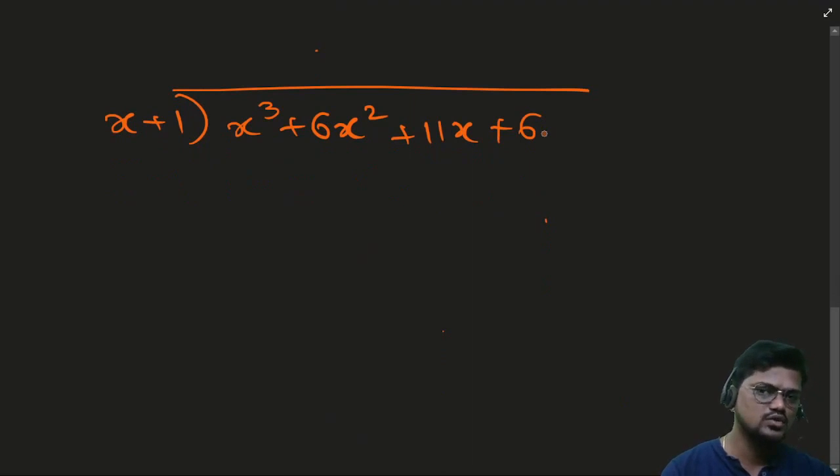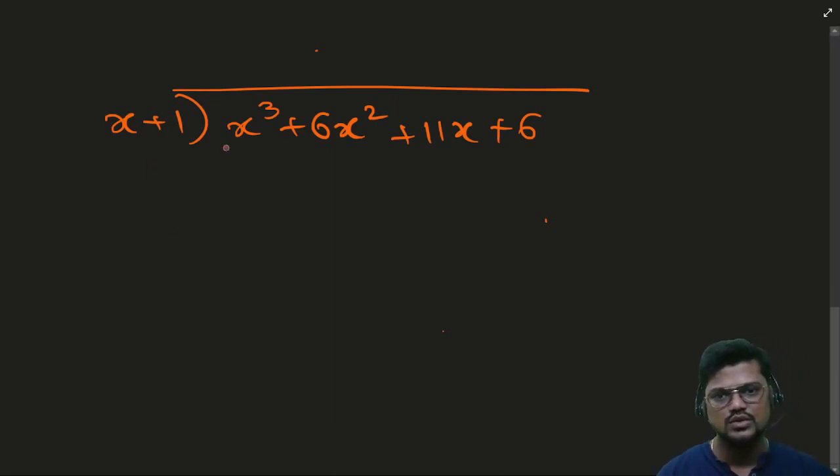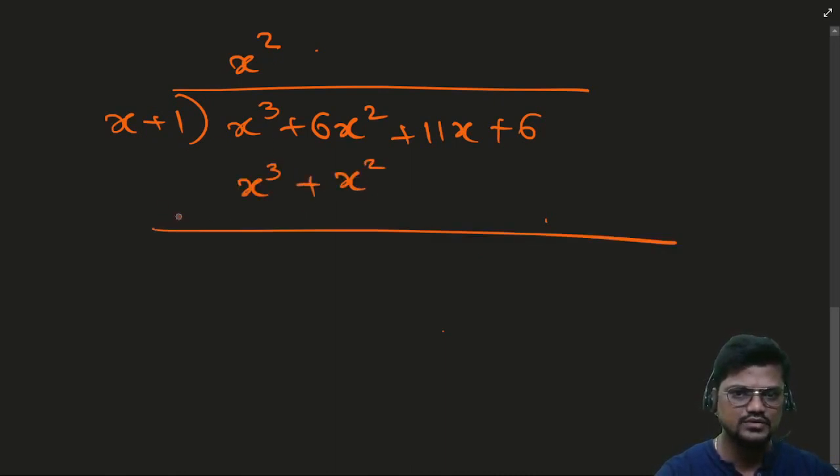You should also be knowing how to divide polynomials. I'll give you a short revision of polynomial division, if you want to find the remainder. Since over here you have x cube and x plus 1, x into what will give x cube? You have to multiply with x square. x into x square is x cube, x square into plus 1 is x square. After this, you have to subtract. This and this get cancelled. 6x square minus x square is 5x square. We'll write this as it is.